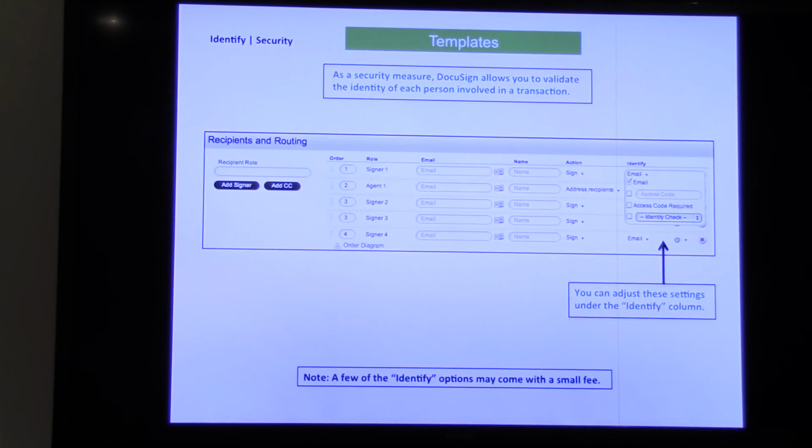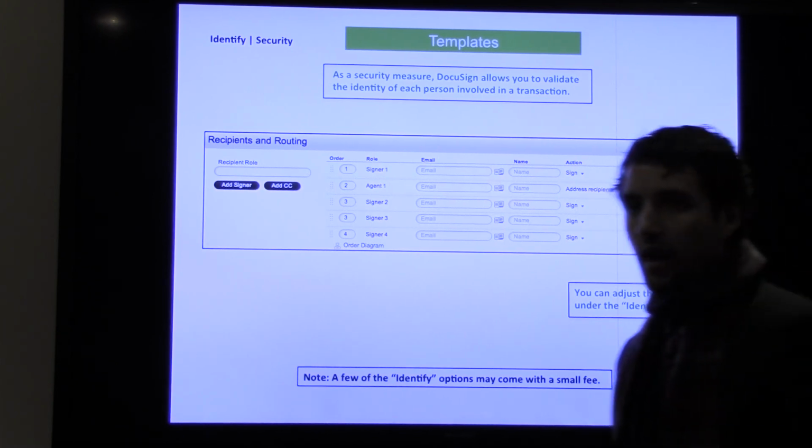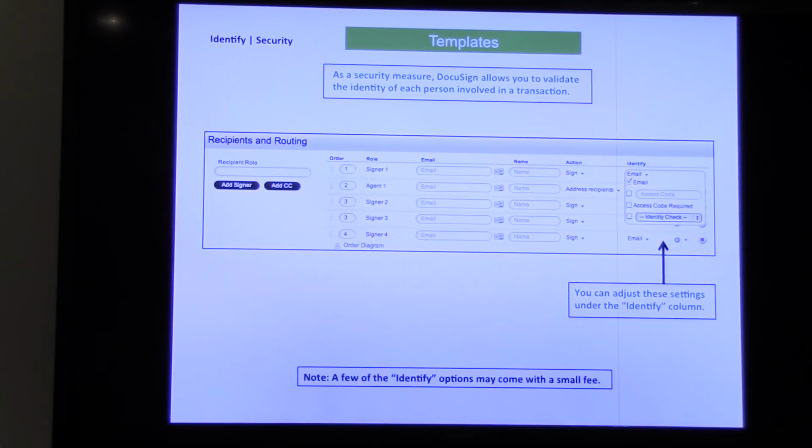Yep, so anyway, right there on the identify column, you'll see the identity check. You'll drop down that menu, and it'll be the phone authorization. See, so right there, Denise, that's where the